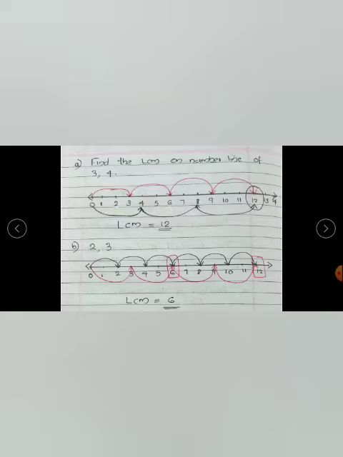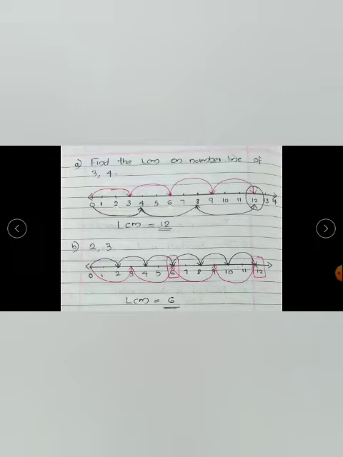In order to use the number line method, you know what a number line is, isn't it? On a number line, we are representing the counting numbers. Here, we are writing numbers starting from 0 till some number. And here the numbers are 3 and 4, isn't it? So, red marks show the multiplication table of 3. How are we marking the multiplication table? In 3, we are jumping after every 3, isn't it?